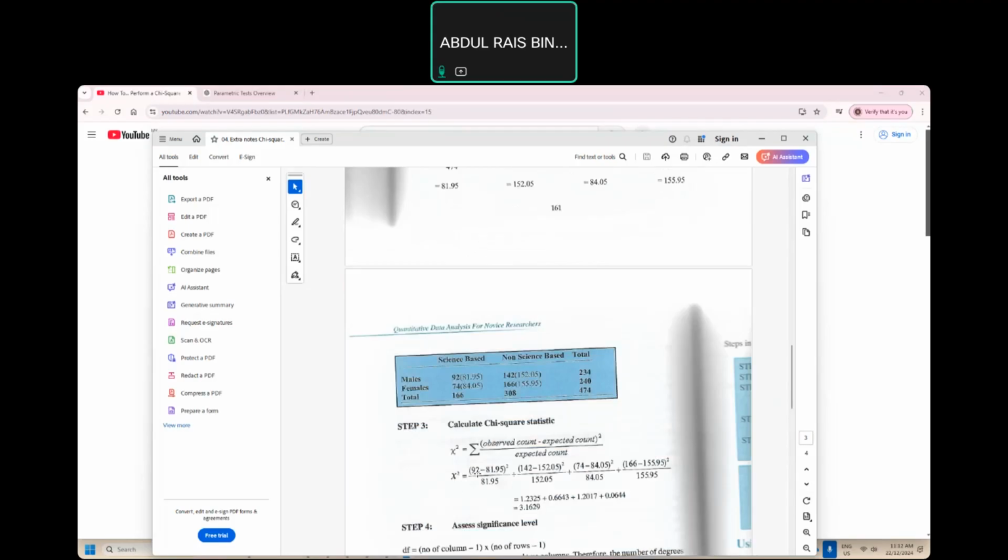Kita dah calculate sini. And untuk setiap satu grup ni, kita kena kuasa 2. After all, this is known as a chi-square, dan dah ada kat sini logo kuasa 2. Right? So if you do the hand calculation, you will get